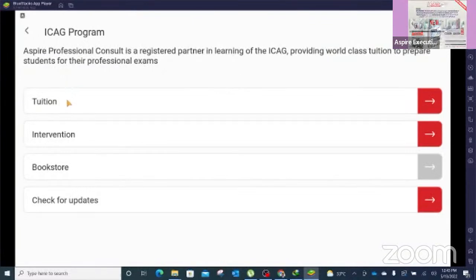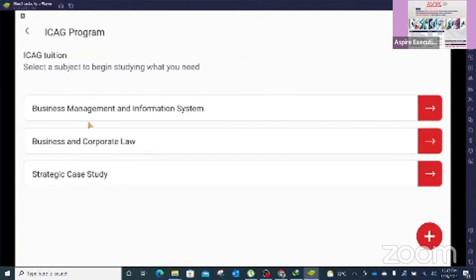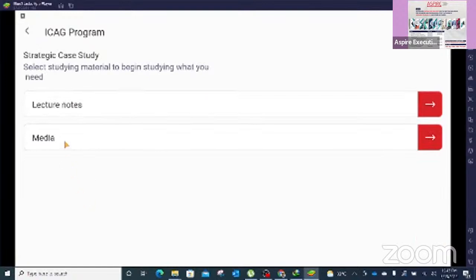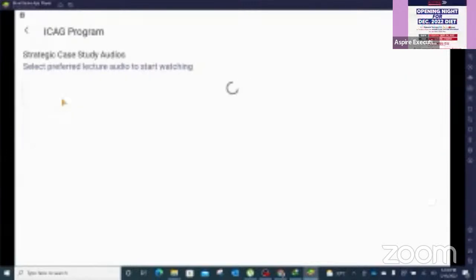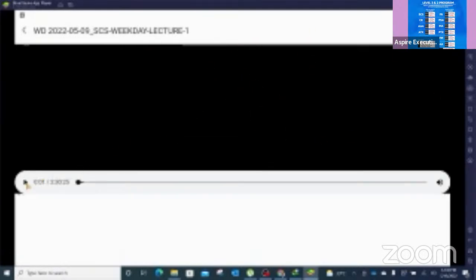I go to tuition, strategy case study, media files, video files. Let's do audio files. We currently have one audio file here. Now I click on this to play, and notice that once it's about to play, I could pause this and know that I have this sign here. In IT, this is a bookmark sign,